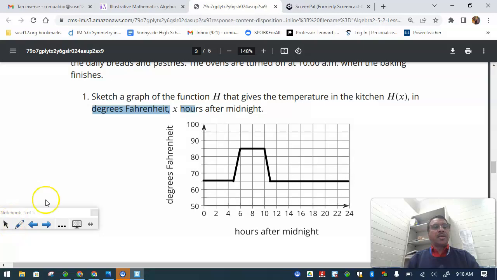So hope that takes care of this part. h is the temperature. So this is a sketch: at 5 you put it on and the temperature rises to 85. And then at 10, it cools down till 11 o'clock, and then it steadies and remains 65. Now there is one more question they are asking. If you go back up there,